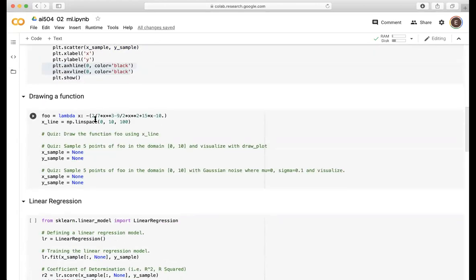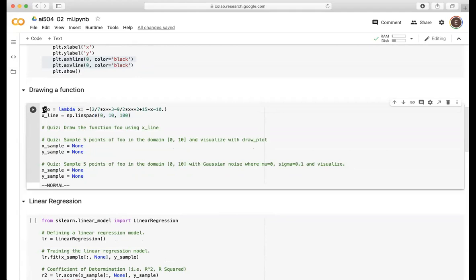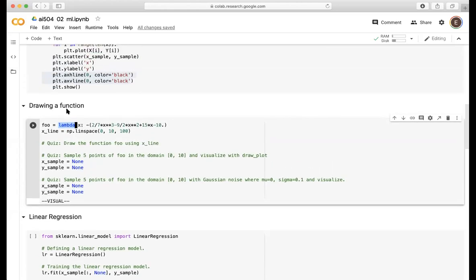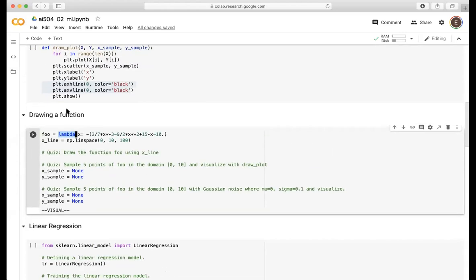Moving on. So here, I hope you're familiar with the lambda function in Python. So foo is a function. What is the role of the... Yeah, you'll get to see what's happening. All right. So here, foo is a function, and